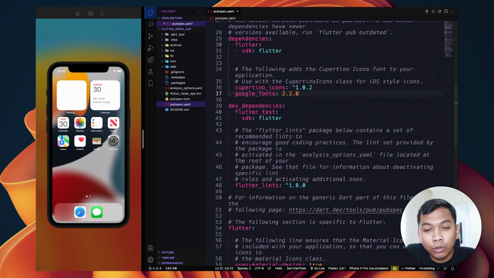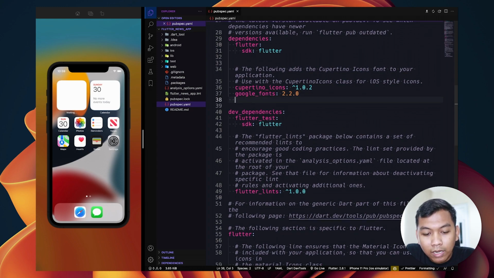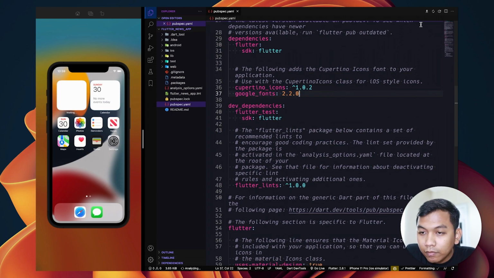So I want to use version 2.2.0, and the second one is Flutter SVG.